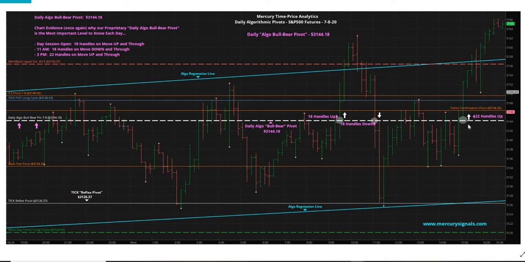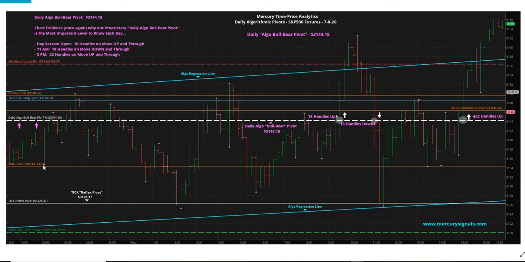And then late in the day, one of the best trading strategies that you could possibly have is when you get a late day move through the daily bull bear pivot, you will almost always get a nice, strong, in many cases, fast move. And this last move started down here at the backtest pivot. I mean, how's that for accuracy? This is the daily backtest pivot. This move this afternoon found support twice, almost to the tick at that level, at